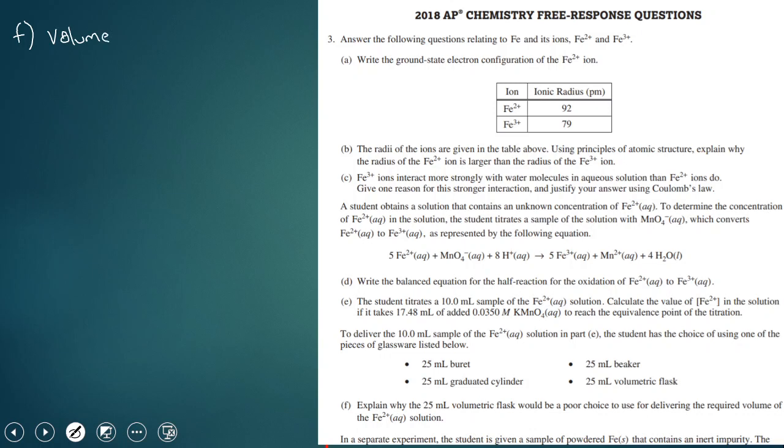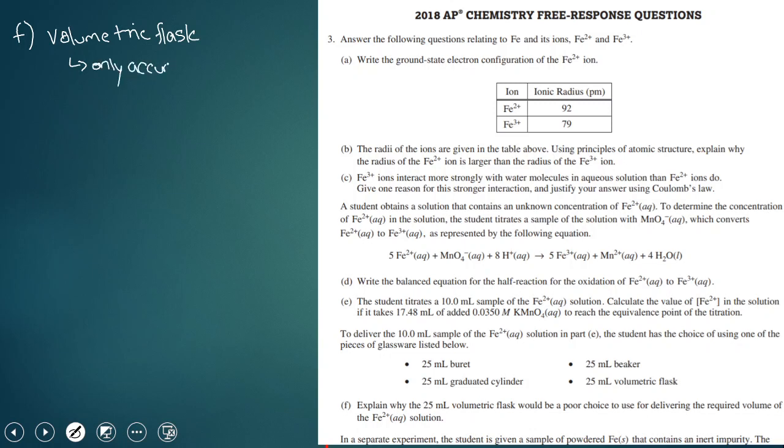So, volumetric flasks. What's special about them? They're probably the most accurate way to measure a volume if it's exactly that volume. So a 25 milliliter volumetric flask is one of the most accurate ways to measure 25 milliliters. Anything different from 25 milliliters and it becomes wildly inaccurate. And so the reason why the volumetric flask would be a poor choice is because we're only trying to take a 10 milliliter sample. So because the volumetric flask is only accurate for 25 milliliters,